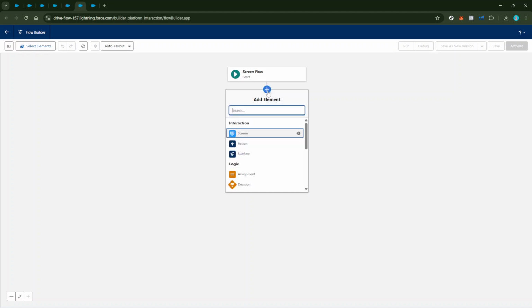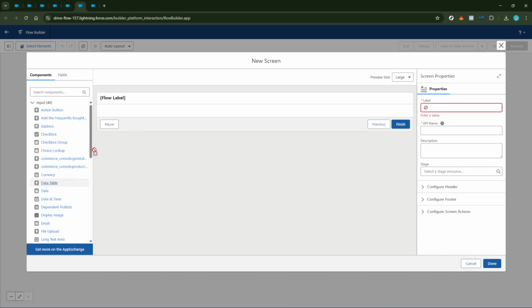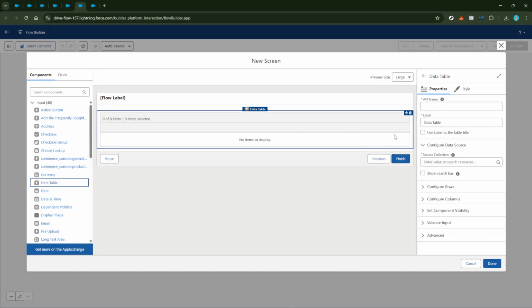The screen element is essential because it gives you the framework in which you can display your data table. It's similar to preparing your canvas before you start painting. Now that we have added a screen, it's time to add the data table component. This is done by dragging the data table option from the components menu onto your screen. Think of this component as the backbone of your operation, displaying the data you decide to show in a structured